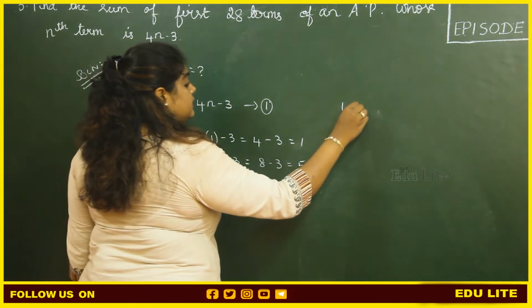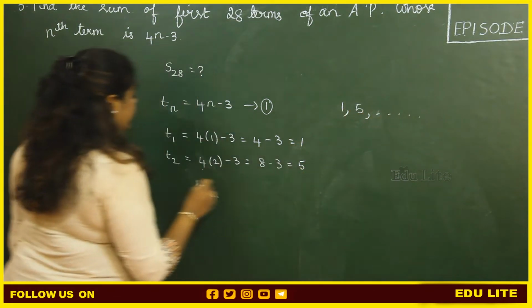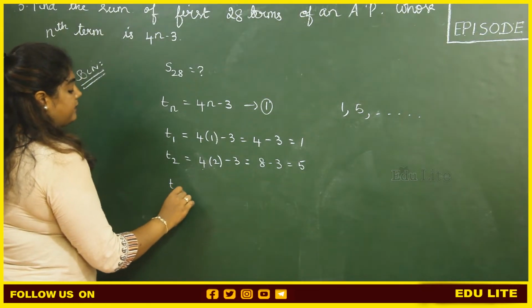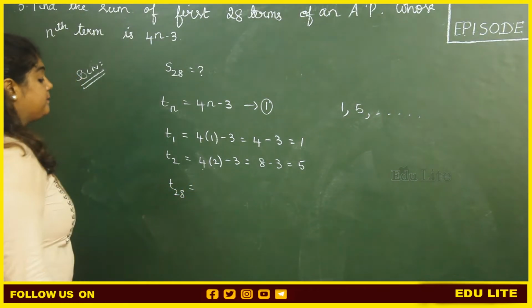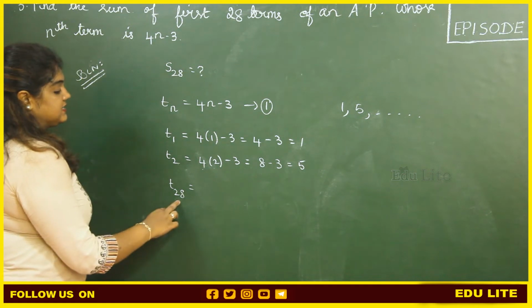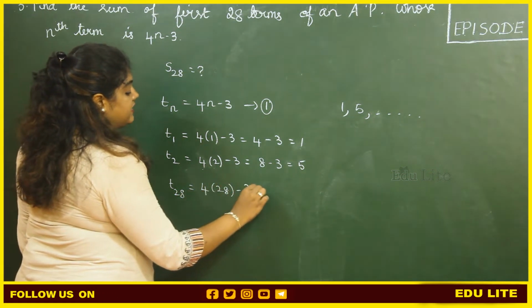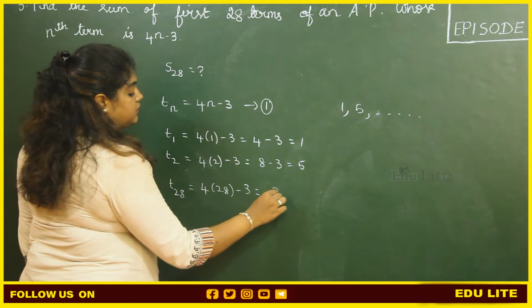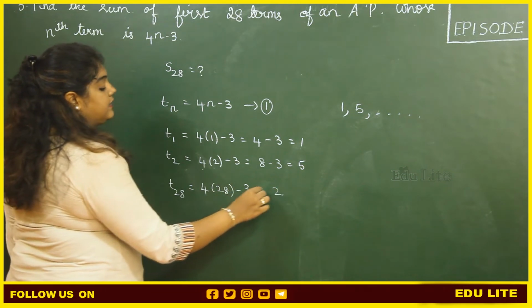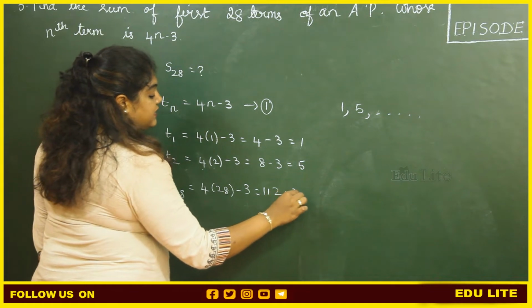The second term is 5, and the 28th term can be found by using n as 28: 4 into 28 minus 3, which is 112 minus 3, it is